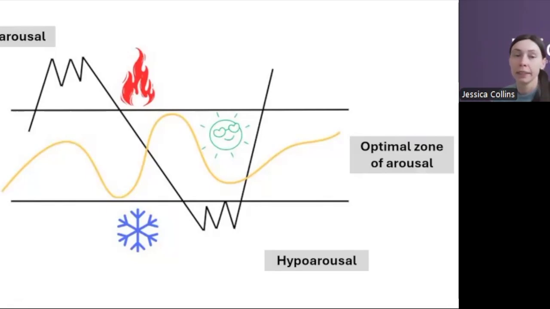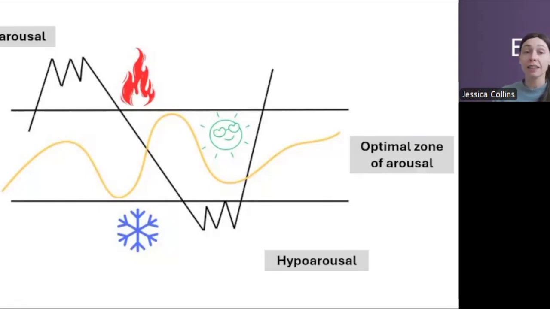And I guess what's important is everybody's window of tolerance is different. Some people's window of tolerance might be quite wide, others might be quite narrow. And we all move up and down within our window of tolerance throughout the day. Just like the yellow line on the image there, that's a picture of somebody moving up and down throughout their window of tolerance, experiencing lots of different emotions throughout the day, but all of that feeling manageable within their window of tolerance.